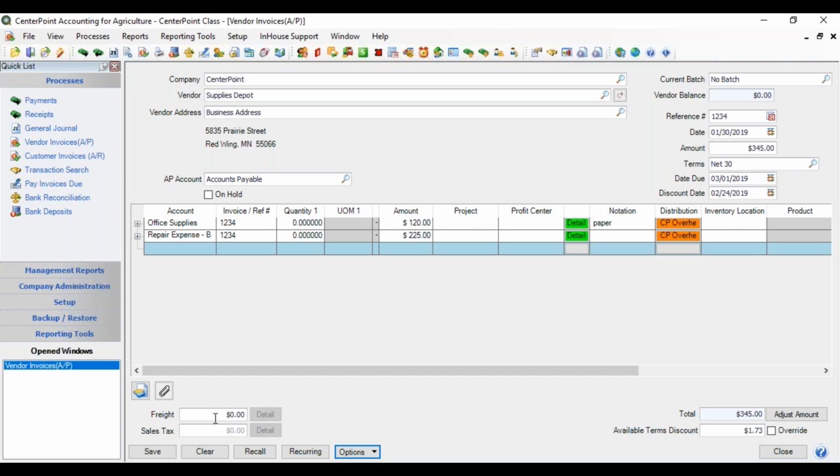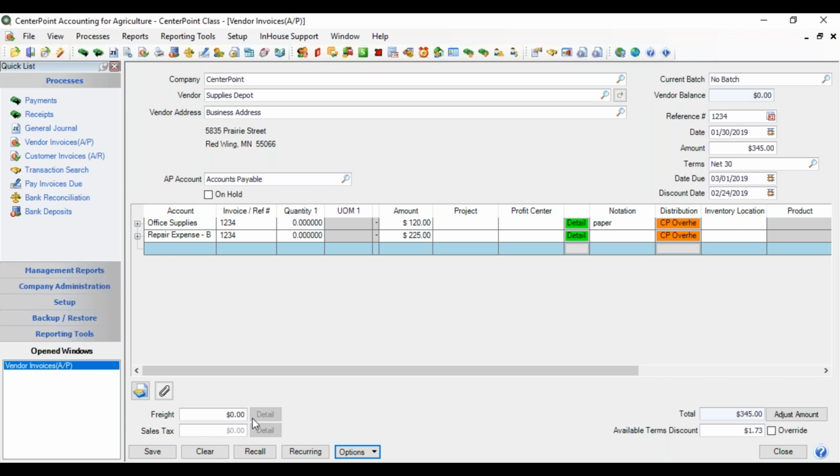accounts under Preferences. When we went to File, Preferences, Vendor Invoices, and Default Accounts to set accounts payable, there was also the field for freight. I had freight filled in with freight expense, but I did not have sales tax filled in. So that's why this one is grayed out. But if you fill that in with your sales tax expense, you could put both of those here in order